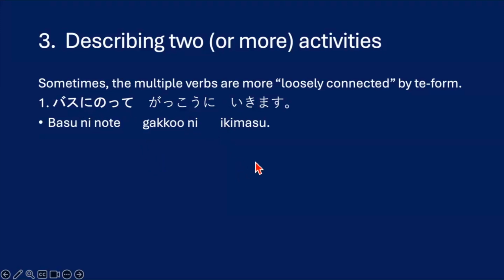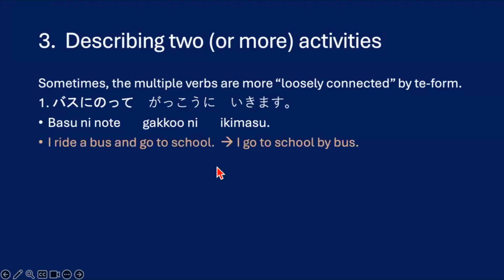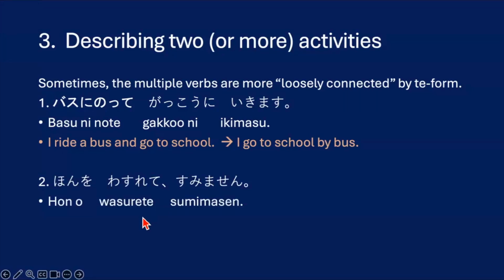So that means you went to school or you go to school by bus. So the better translation would be I go to school by bus. But the literal translation would be I ride a bus and go to school. So you didn't go somewhere else by bus. You took a bus and you got to school. So that's what we mean by バスに乗って学校に行きます。